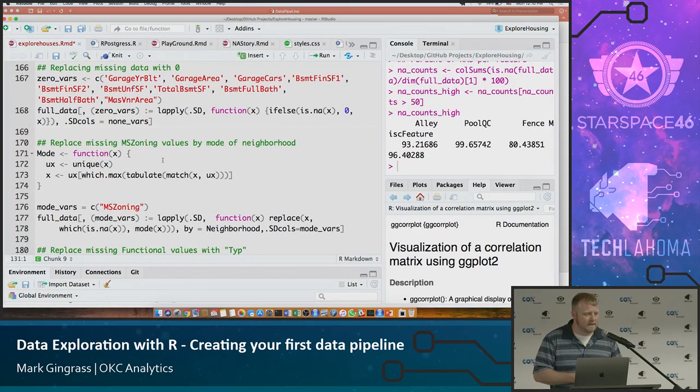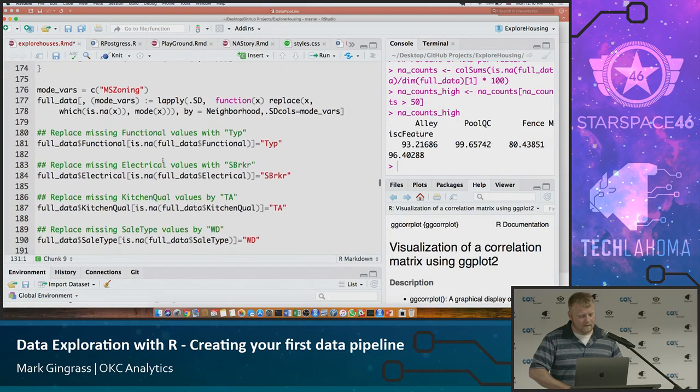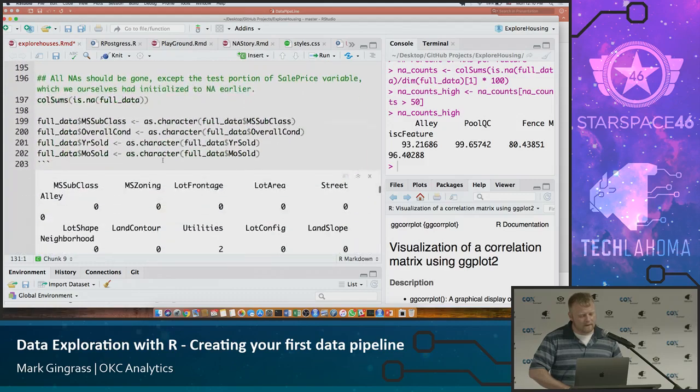then, of course, missing data that you want to replace with zeros. So taking care of those NAs is a big part of your cleanup, is basically what I'm showing you here. So the garage year built, that one should be in this category, but garage area should be 0 if there's no garage. So things like that you'd want to look at. And so that's what I do there. Let me go down to